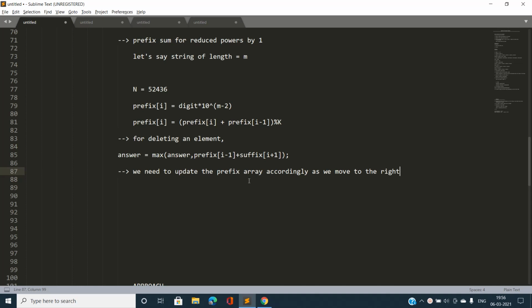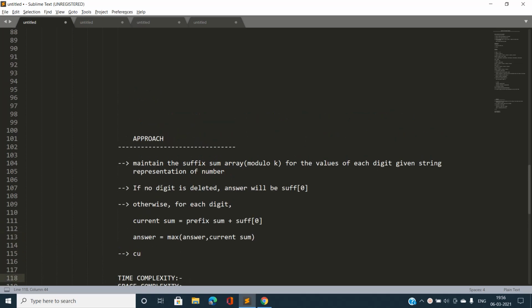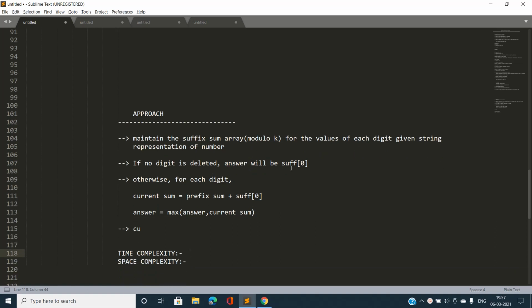So what would be our approach? First let me delete this, so that it might not confuse. I'm going to update it later. I am going to maintain the suffix sum array modulo k for the values of each digit in the given string representation of a number. If no digit is deleted, the answer will be suffix of 0, as I've already said.